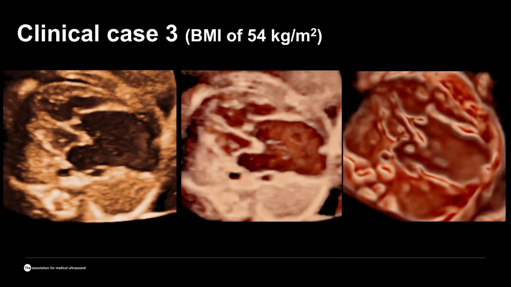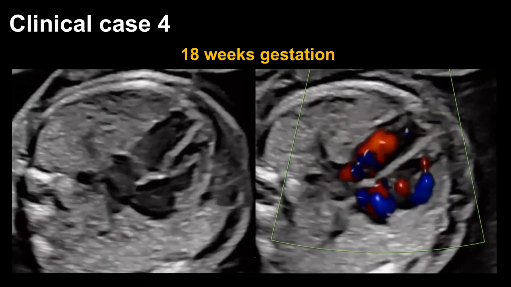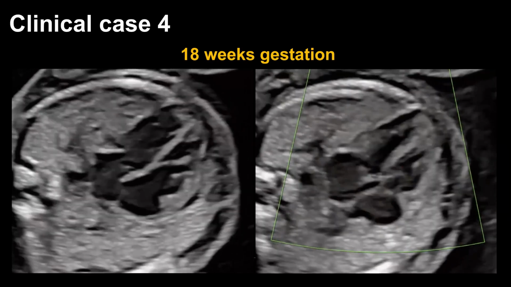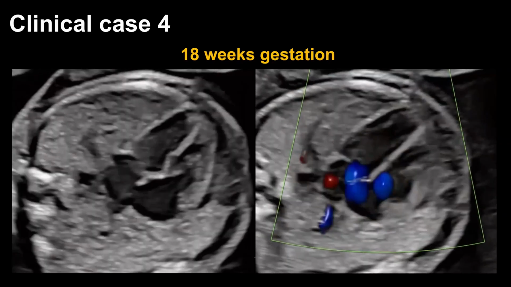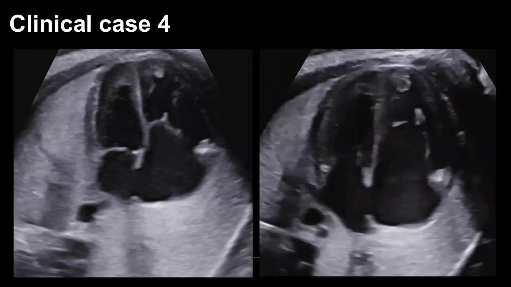And of course, we can reconstruct this heart that has obviously the severe malformation of the tricuspid valve, severe tricuspid dysplasia that can be presented in the different types of the 3D surface rendering imaging. So, but some of these malformations are not that easy to diagnose. And this is the heart that was called pretty normal at 18 weeks gestation, with the exception of the small regurgitation on the tricuspid valve.